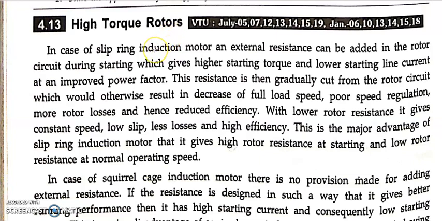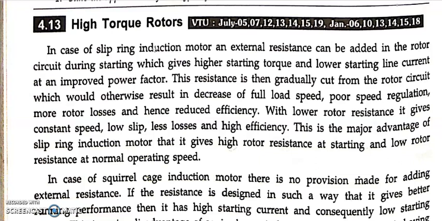First of all, let me tell you that whatever is discussed here is with respect to the squirrel cage induction motor. Whatever this torque is, it depends on the rotor type. So as I told you, this topic is discussed with respect to the squirrel cage induction motor, which means the rotor is made up of a squirrel cage rotor. So why are we not trying to relate it with the slip ring induction motor? Why is it not related with slip ring? The answer lies there itself.